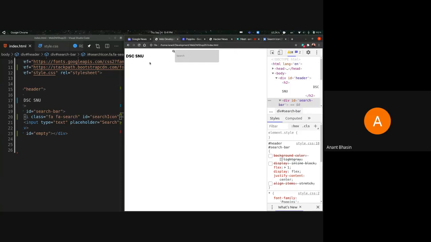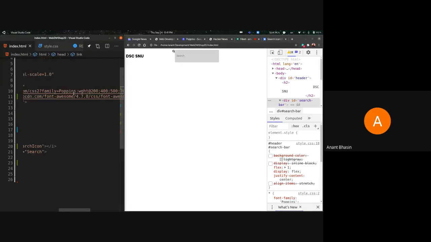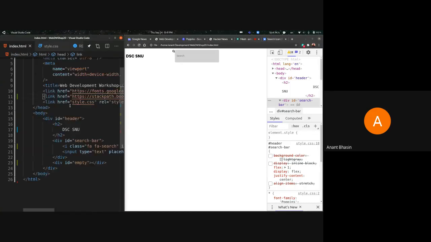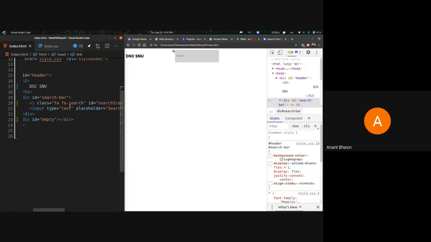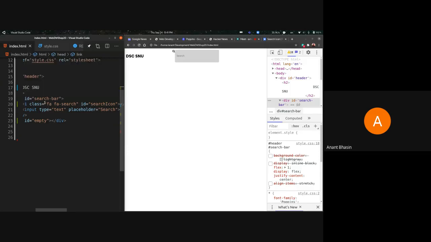So again, to recap very quickly, we added the link to the general Font Awesome CSS from the CDN, Content Delivery Network, link. And then we added the icon in an I tag. Basically, you're not going to use it anywhere else. Inside of it, we have to mandatorily use FA.